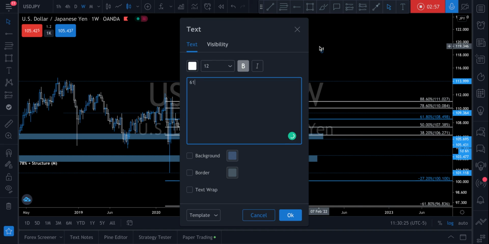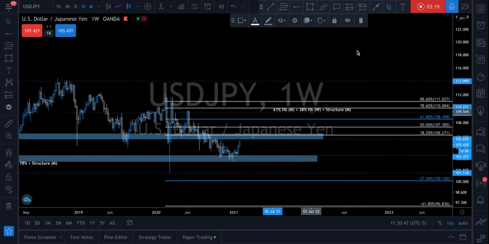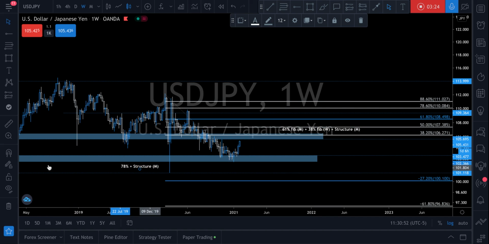So we're going to do a 61% fib, and that would be the monthly leg. And then we're also going to do a 38% fib, and that's going to be the weekly leg. And then that's also going to be structure, and that's going to be monthly. So this is what we're doing. We're basically trying to find critical areas of structure that are relative to where price is at and where it could potentially be going. And right here, just because we see an area of confluence, as in structure and 2